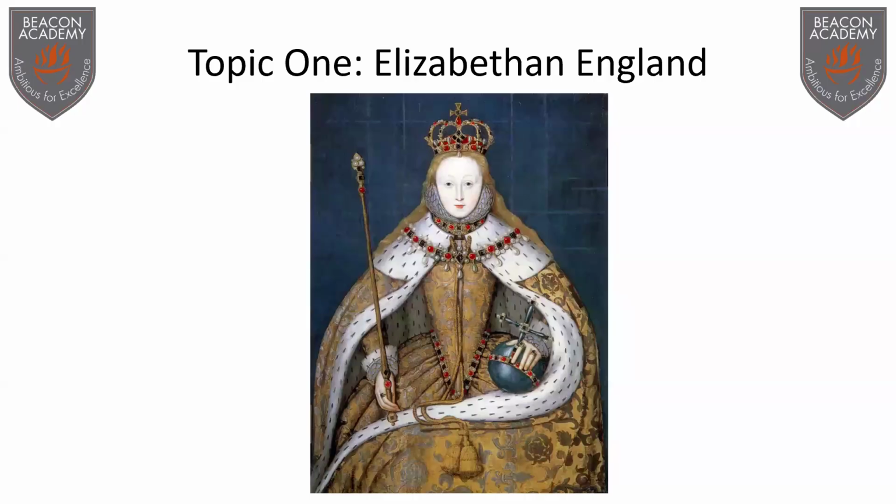First topic we start with is Elizabethan England. You might remember learning about Henry VIII and the Tudors in Year 7. This course brings Tudor England to life. It starts with looking at the problems Elizabeth inherited from her family when she came to the throne in 1558